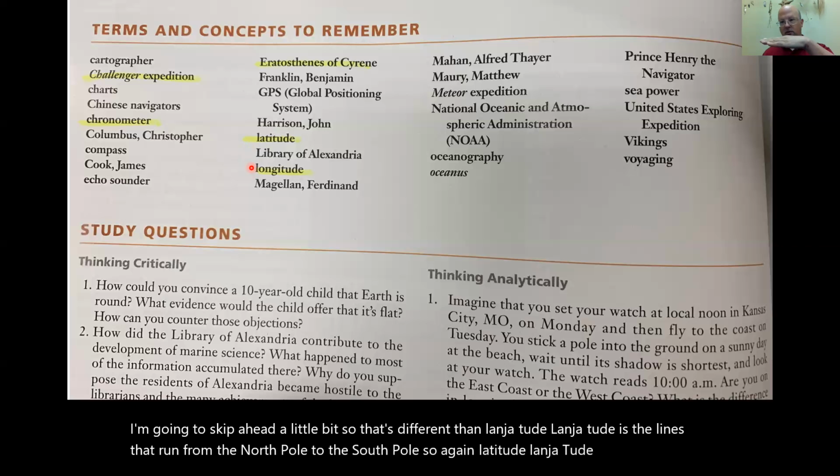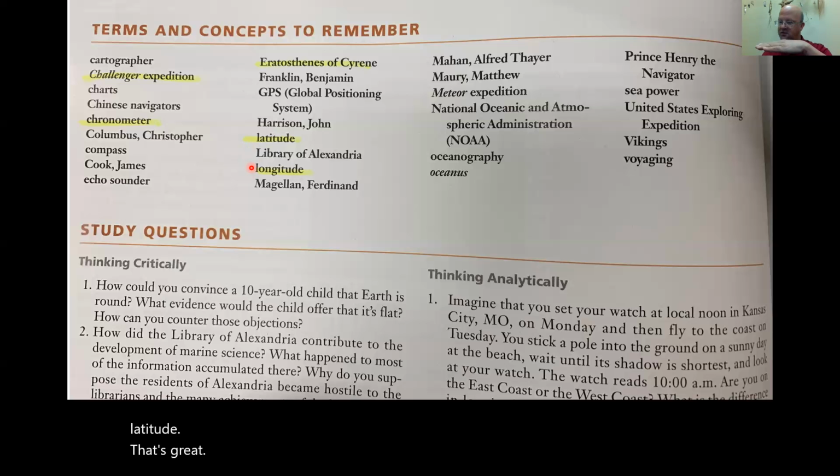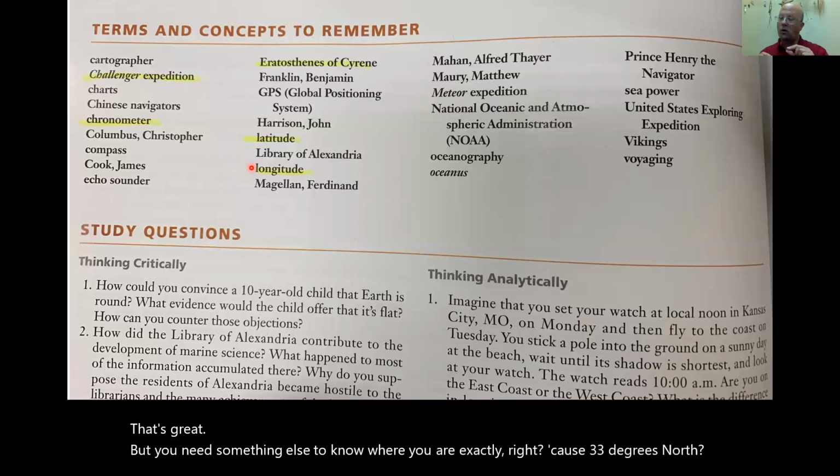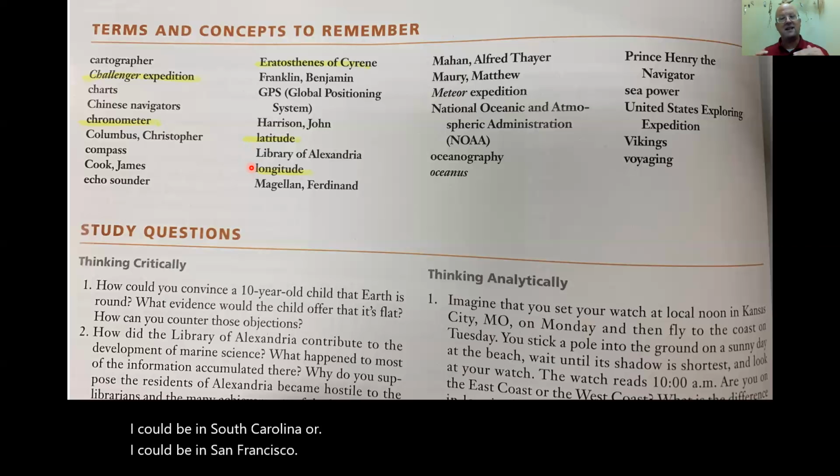And if you know latitude, that's great. But you need something else to know where you are exactly, right? Because 33 degrees north, I could be in South Carolina, or I could be in San Francisco, right? They have the same latitude. But there's a very big difference between longitude. So the longitude here in Colombia,